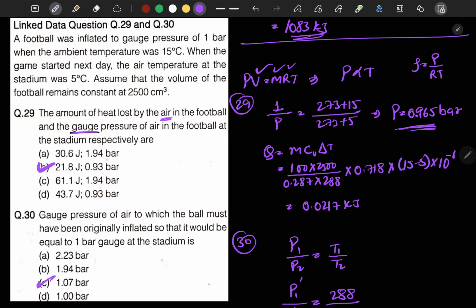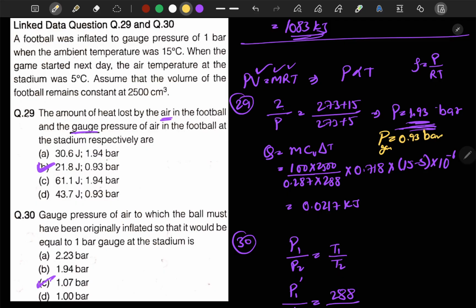Since the atmospheric pressure is also 1 bar, you can use the initial pressure to be 2 bar. Now we will get the different pressure of 0.93 exactly, so we will get the pressure of 1.93. This is the absolute pressure. Now if we have to reduce to the gauge pressure, gauge pressure should be total pressure minus atmospheric pressure. So the gauge pressure will be 0.93 bar.